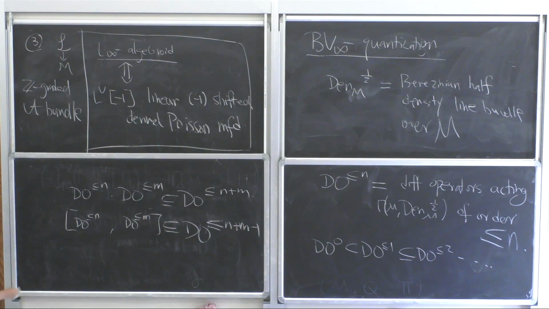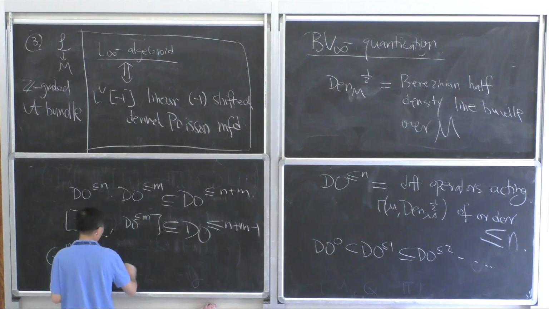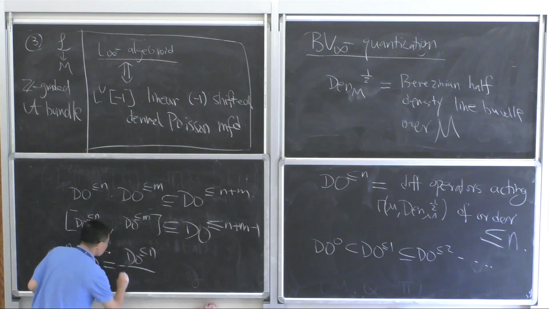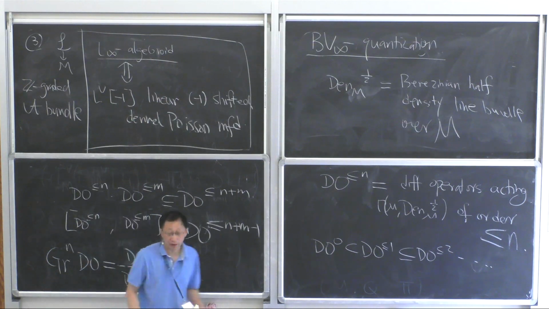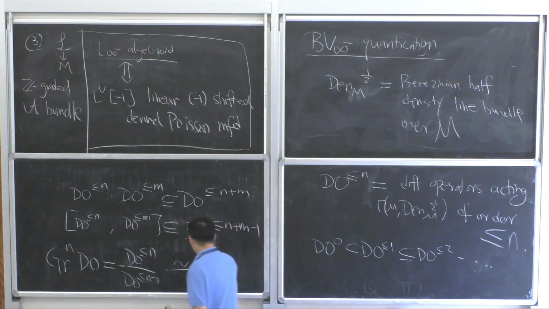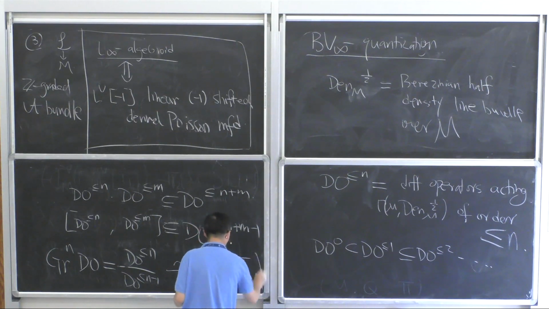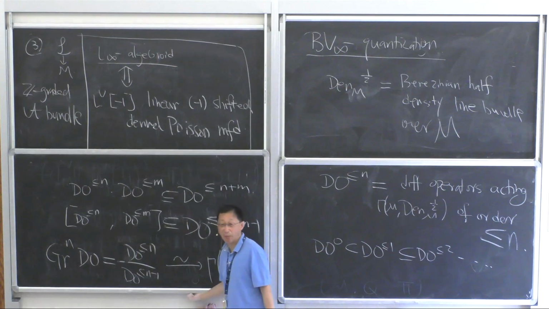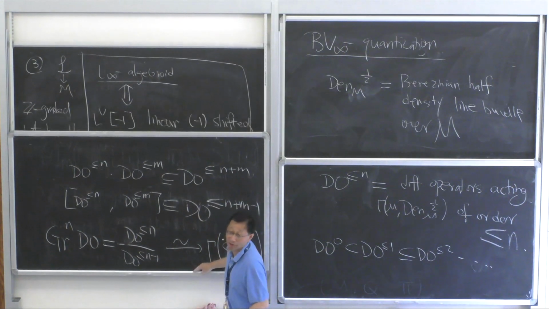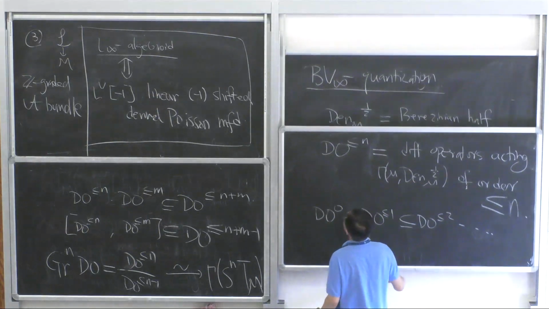And now you can take the GR, the graded associative algebra, which by definition is just the differential operators of order n quotient by those of order less than n. So one can easily prove this is isomorphic to symmetric, its symbol, right? Everything correct. So all of the standard differential operator theory works for Z-graded. Everything is just standard. I mean, there's no difference, since I'm looking at all the smooth category.